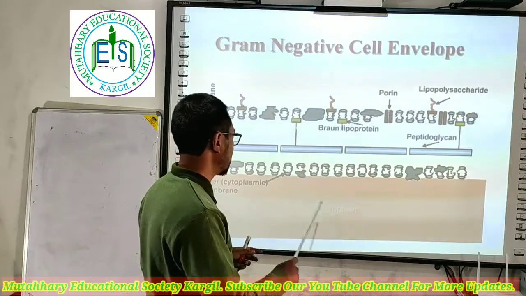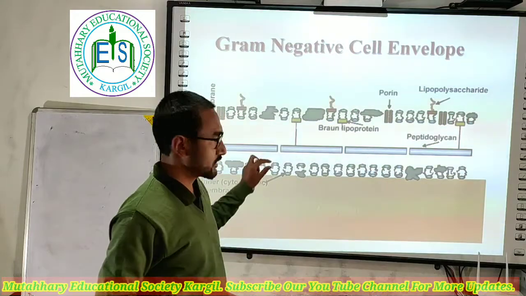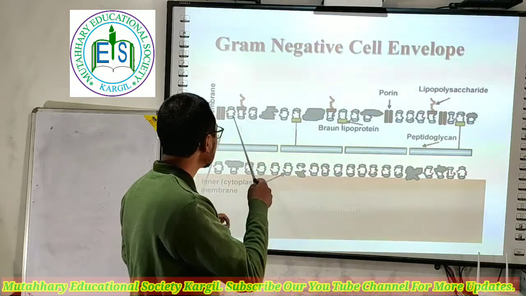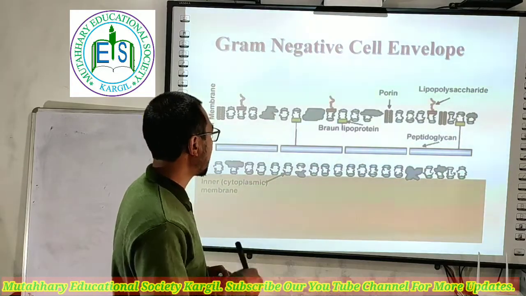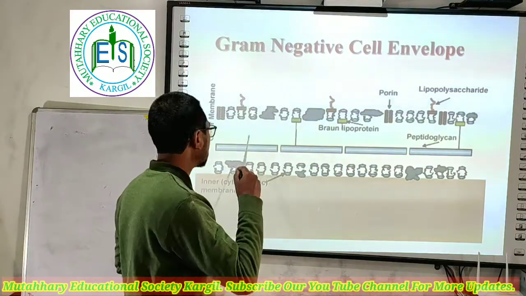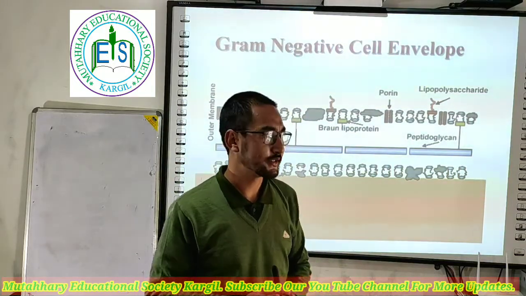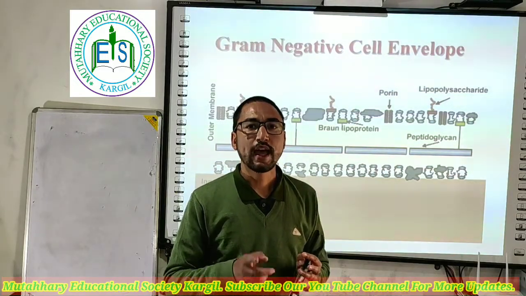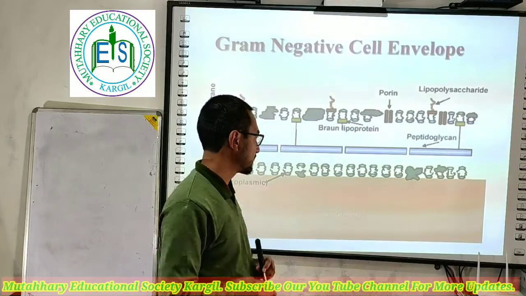So you have the cytoplasm over here, and this is your lipid bilayer. Over the bilayer there is a small layer of peptidoglycan, consisting of NAG and NAM molecules, and then you have another layer called the outer layer. This outer layer has lipopolysaccharides, also called LPS, and in addition it has proteins called Braun's lipoproteins. So you have to remember the presence of lipopolysaccharide, the presence of Braun's protein, and a very thin layer of peptidoglycan in addition to the plasma membrane system.